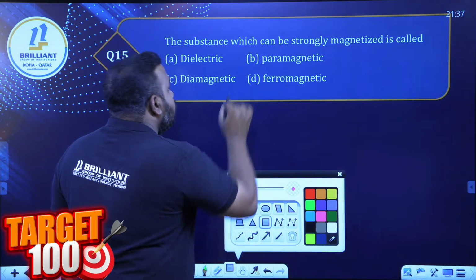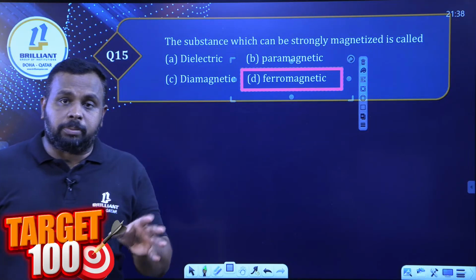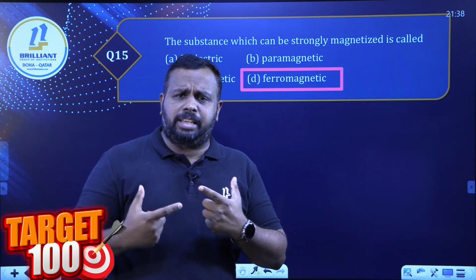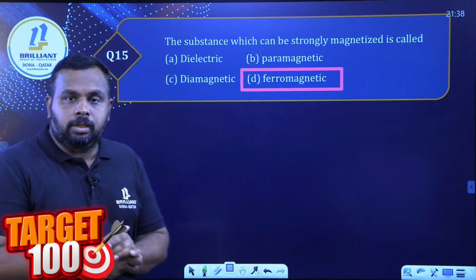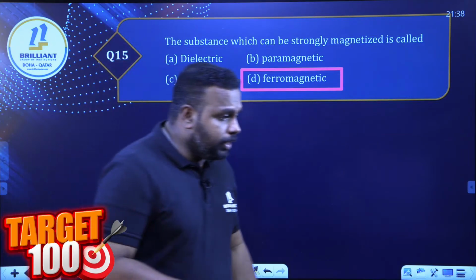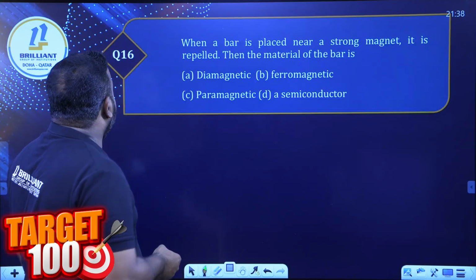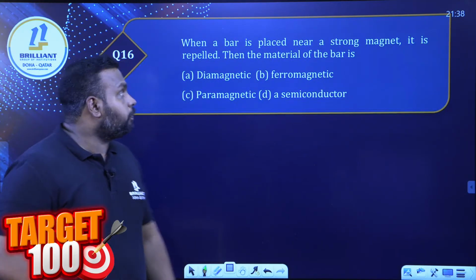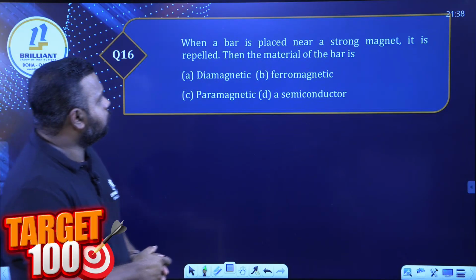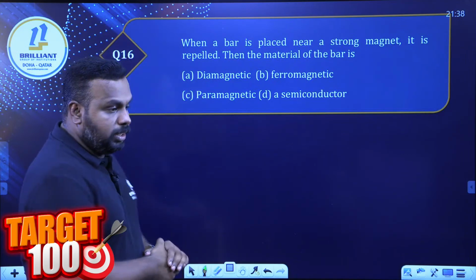It's D only, right? The substance which can be strongly magnetized is D. When we are talking about ferromagnetic substance, my dear students, not only ferromagnetic, but dia, para, ferro, please recall their examples and properties, because there will be questions based on that. So the substance which can be strongly magnetized is ferromagnetic only. Okay, next. Question number 16. When a bar is placed near a strong magnet, it is repelled. Then the material of the bar is